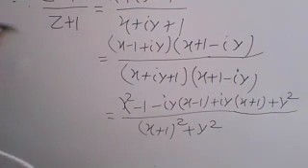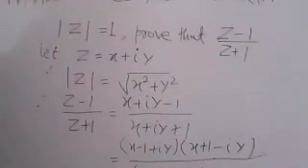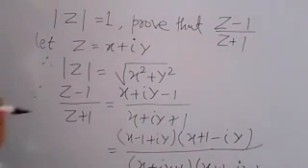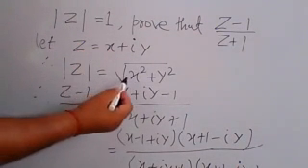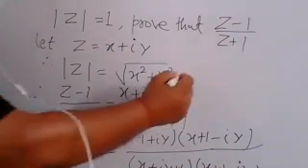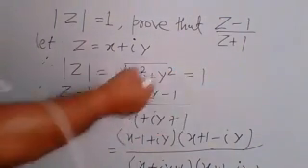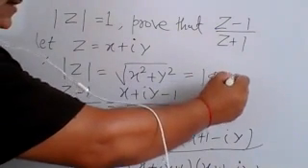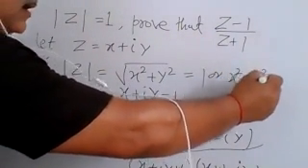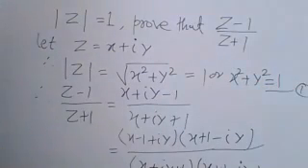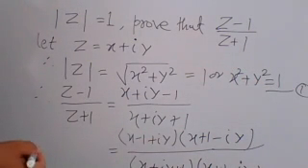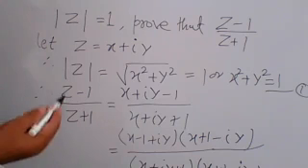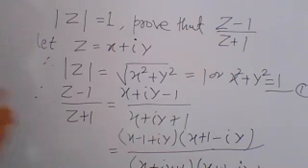Now you try to write it in standard form. And one more thing: it is given that mod of z is equal to 1, and mod of z is equal to under root x square plus y square, which is equal to 1. Now if you square it, you have your result x square plus y square is equal to 1. That is an important result. You mark it as the first equation. Means here you have a relation such that x square plus y square is equal to 1, which is your first equation. Now you simplify it again.